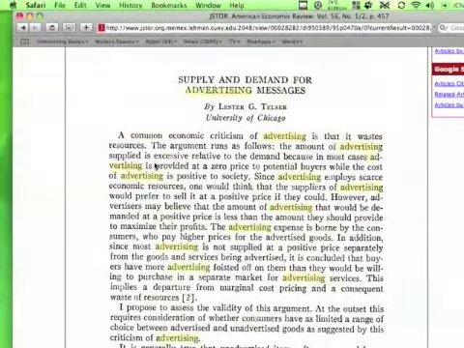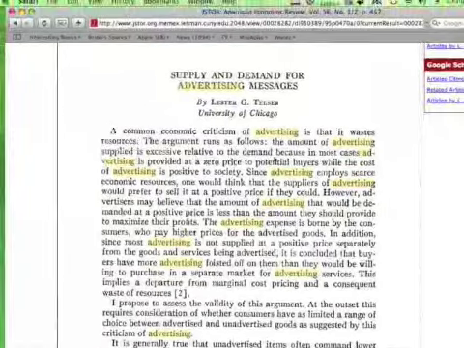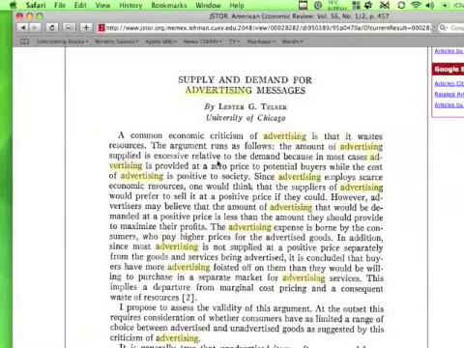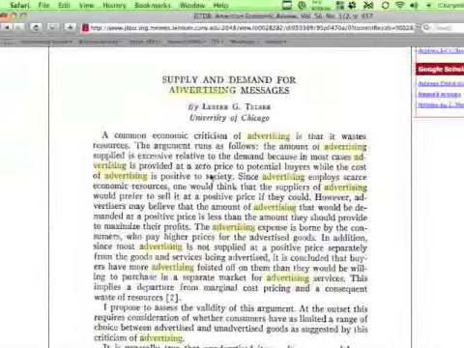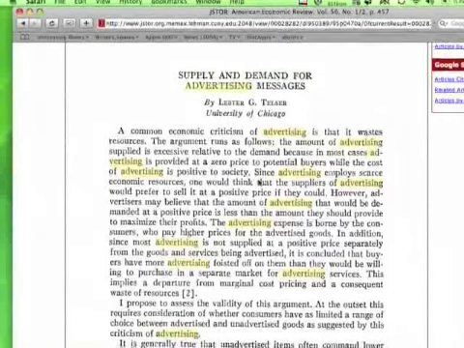So this is actually pretty good to do. What you want to do is just read the beginning of it to see if this is going to be helpful at all. You might find a lot of stuff that isn't very helpful. So the amount of advertising is excessive relative to demand because in most cases, advertising is provided at zero price to potential buyers, while the cost of advertising is positive to society.